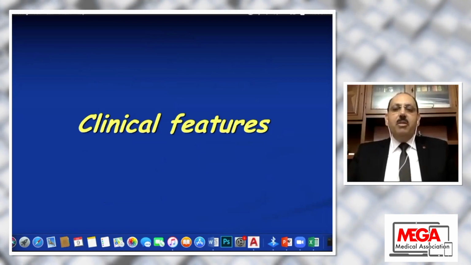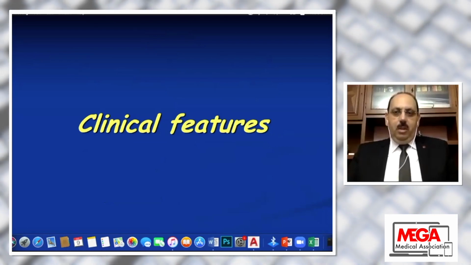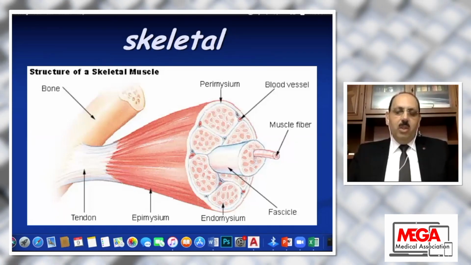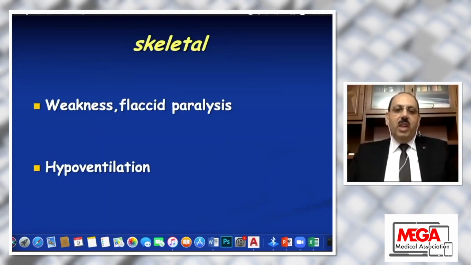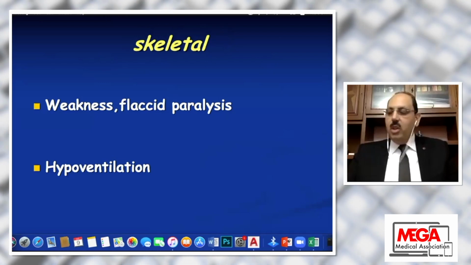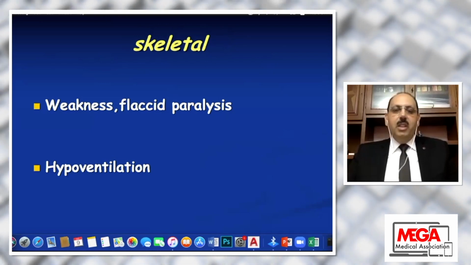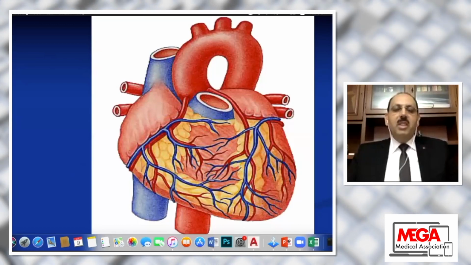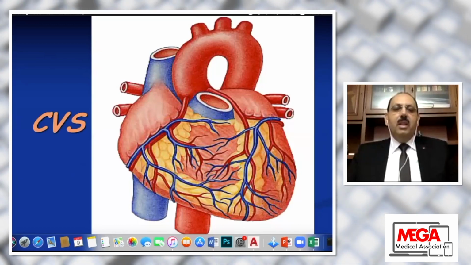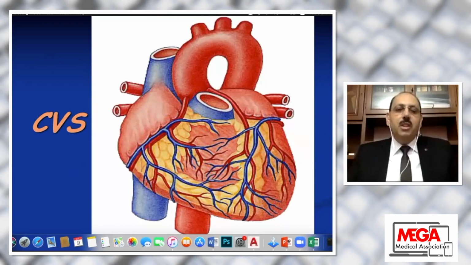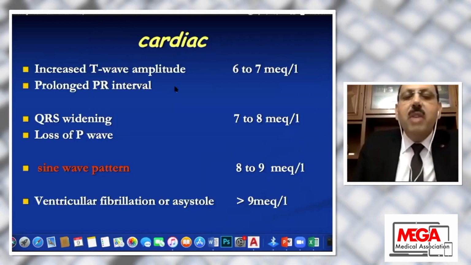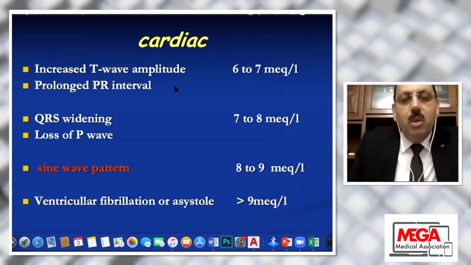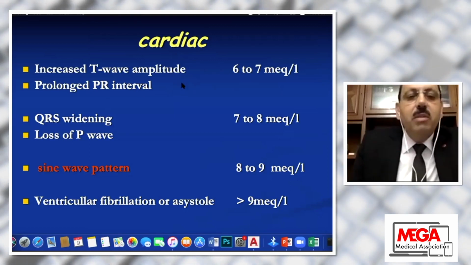The clinical features of hyperkalemia are also skeletal and cardiovascular. The skeletal: weakness, flaccid paralysis, or hypoventilation. The cardiovascular manifestations are mainly ECG changes, where there is increased T wave amplitude, or what is called peaked T wave or hyperacute T wave,